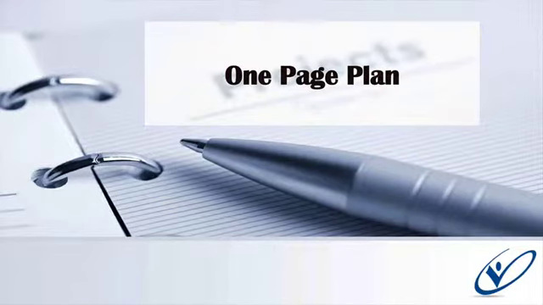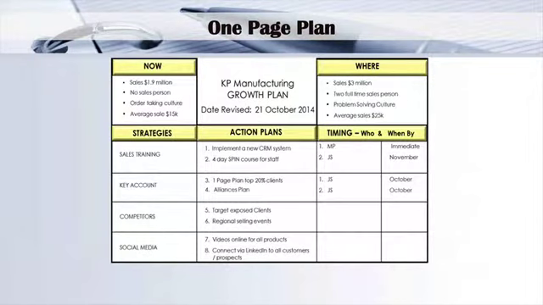Once you've done that, then you can start to summarize it all into a one-page plan. Where am I now comes from the initial now stuff you did. The where stuff can come from your mind map and your KPIs, and then your strategies and action plans drop out of the SWOT analysis. So don't be too prescriptive in what you put here, but wherever you can, put names and dates beside them.